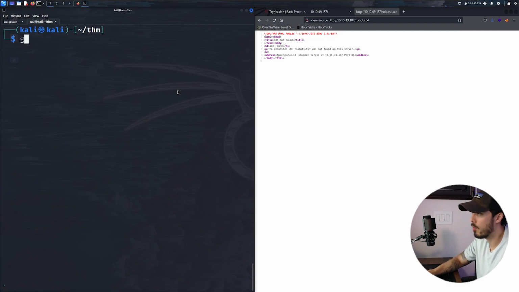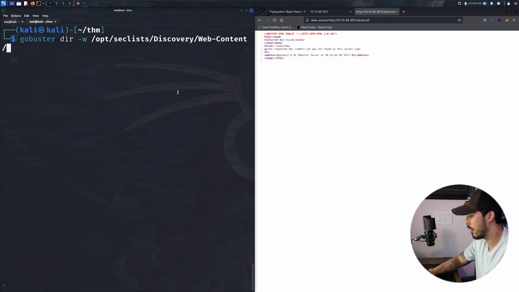I like using gobuster, which the syntax would be gobuster dir -w for the word list. I like using SecLists for a lot of my word lists. Discovery, web content. You can either use raft or directory list. We'll do a medium. And then -u http,